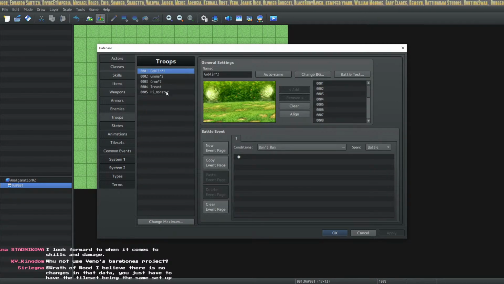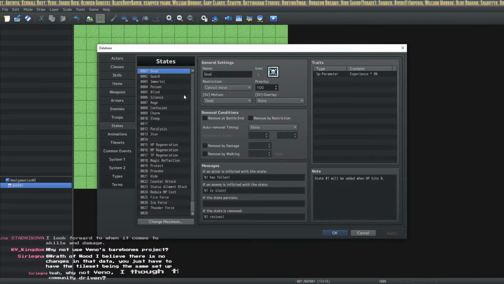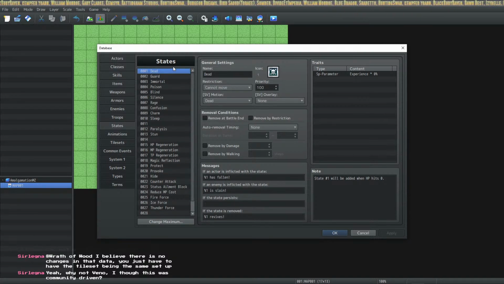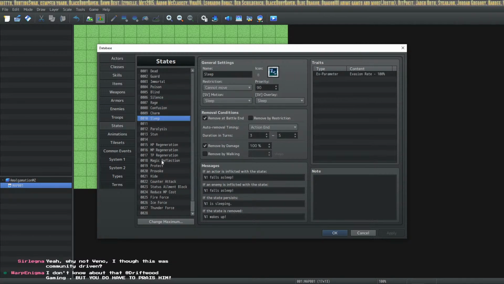Get rid of the enemies, the troops. Obviously, these troops no longer work because we got rid of the enemies that are correlated with them. Get rid of those, changing the maximum. Now, the states, I'm not going to delete every one of these states. I'm going to get rid of most of them. But all I would do is recreate the same states, right? You've got to keep dead and guard and immortal. You can't get rid of these. But you can get rid of poison, blind, silence, rage. You can get rid of all of these, even though it would just essentially cause us to remake the same ones. So what I'm going to do is